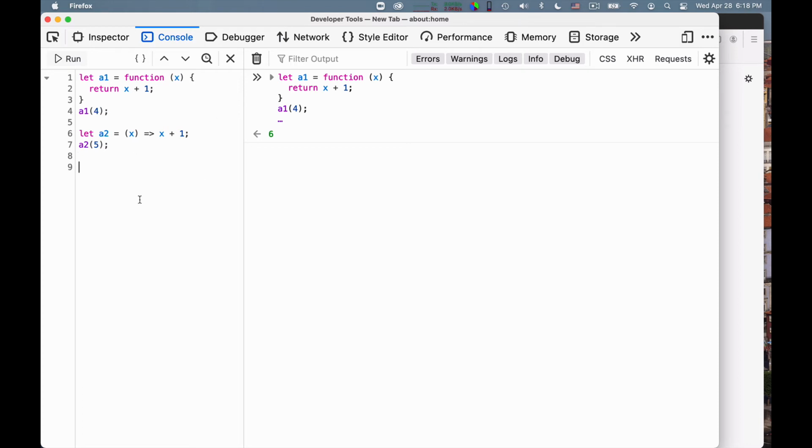I note that this would work even if your expression is not a simple expression, but a concatenation of multiple expressions. Let me show you what I mean. I can say let a3 is equal to x, y, just to give you a slightly more complicated example. And then here I can type an entire block. For example, I can say y plus equals 1, return x plus 3. Okay, and then I could apply a3 to parameters 3 and 4. Okay, and I should get 10 if I am not mistaken.